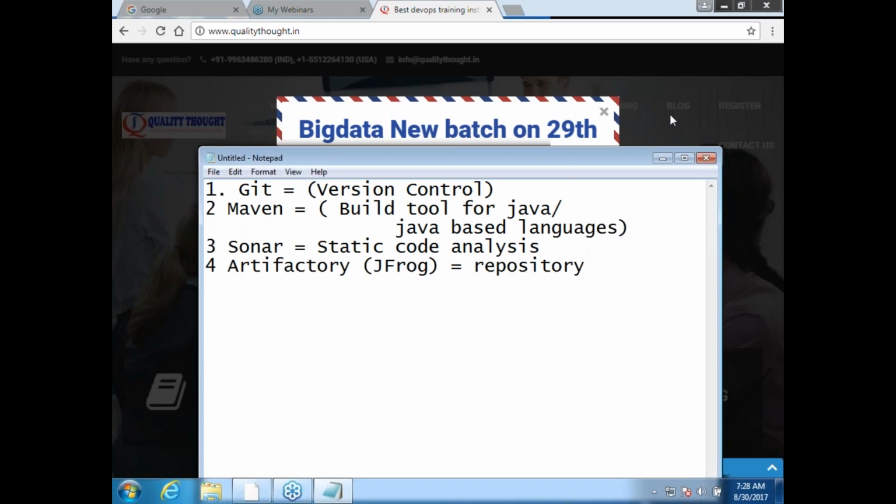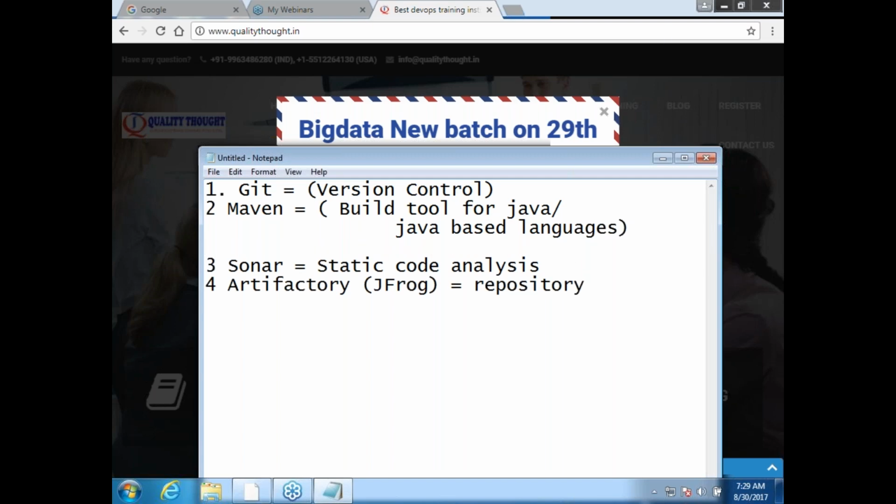So we know how to use Git. Git should not be a very big deal in Jenkins. Then we need to know about Maven, and then Sonar, and then JFrog, and use all of them in Jenkins. Are we good? So we'll be starting with Maven. Maven is a build tool. Similarly for building Java, there are two other popular alternatives.